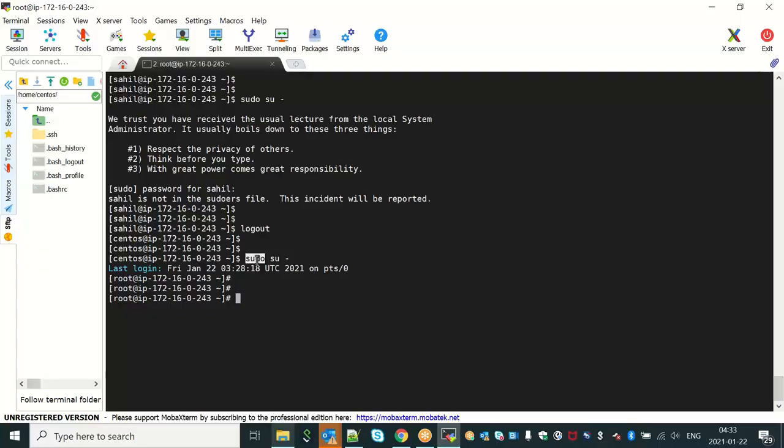So anything can be done using sudo or root user. So be very cautious when you are doing anything as root, because it won't ask you the second time. It will just do that. Okay, let me tell you what